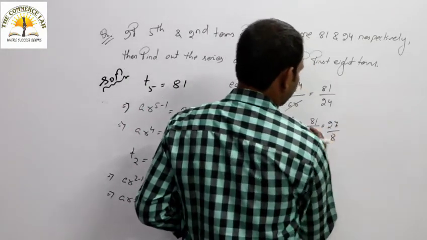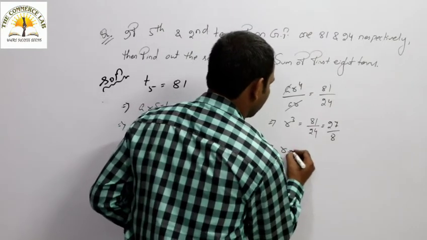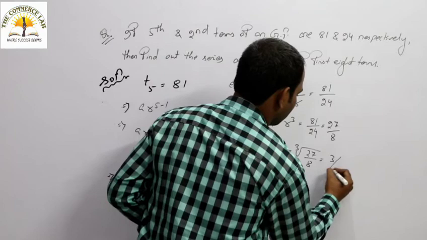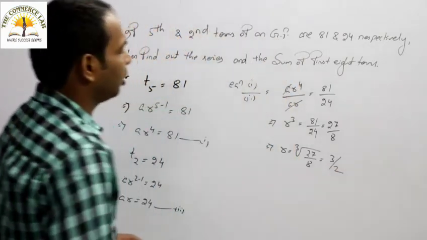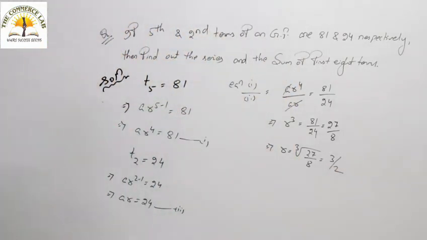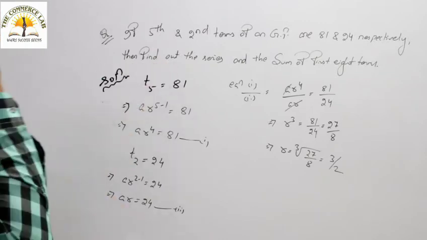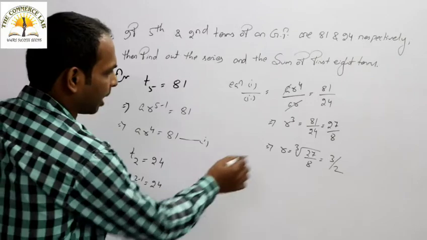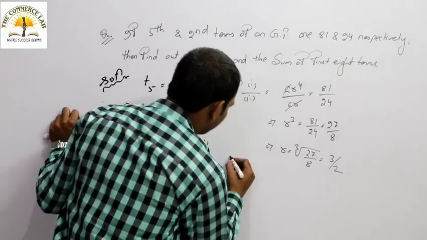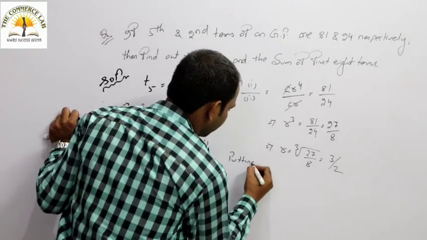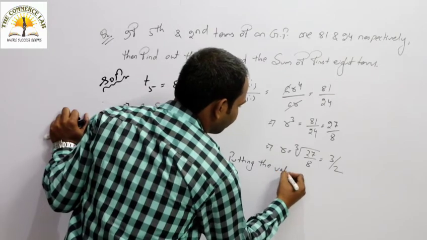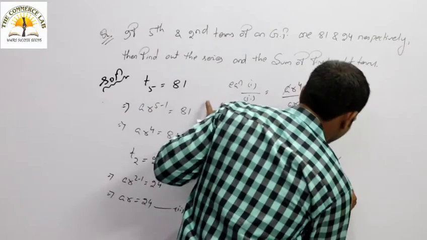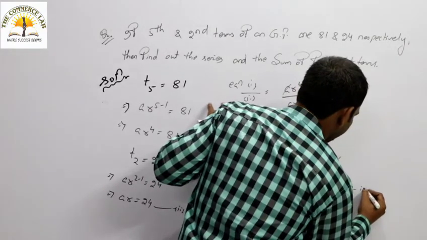Then R equals the cube root of 27 by 8, or 3 by 2. So the value of R is 3 by 2. Then find out the series. So if R equals 3 by 2, by putting the value of R in equation